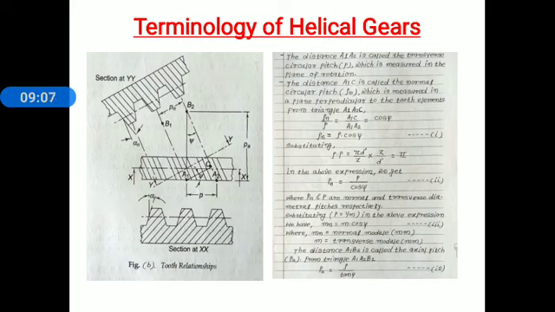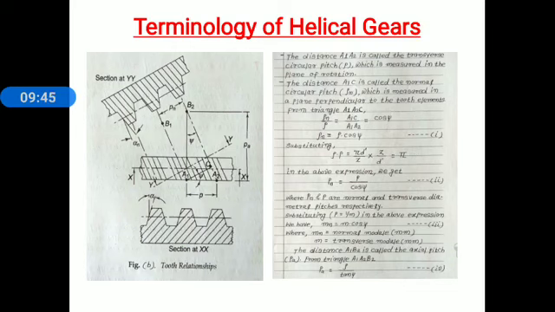Now one thing is known to you, diametral pitch is also called the reciprocal of module. That's why we have to substitute the value of capital P equal to 1 by m in expression number 2. After substituting this value in expression number 2, what do you get? We get normal module is equal to transverse module into cos psi. Mn is equal to m into cos psi. Mn is the normal module, that is in millimeter. M is the transverse module in millimeter. That is called expression number 3.